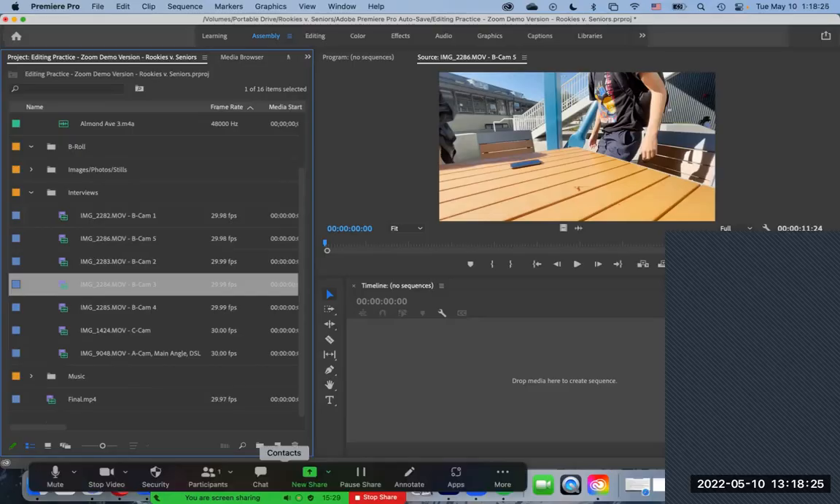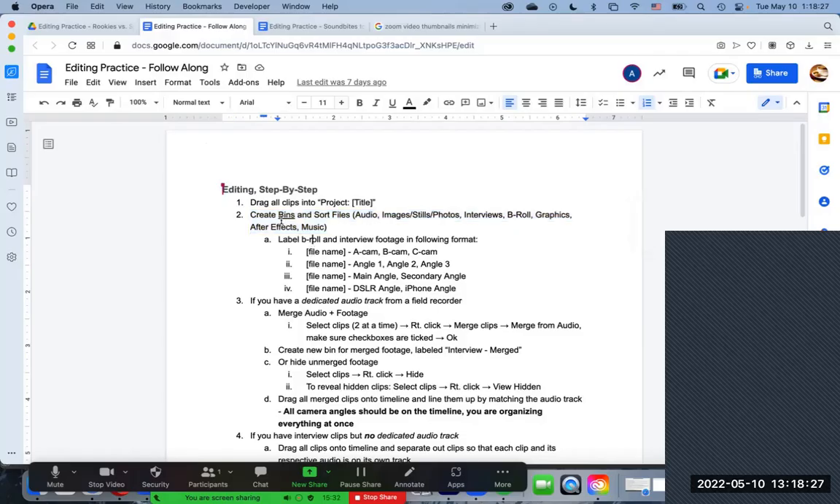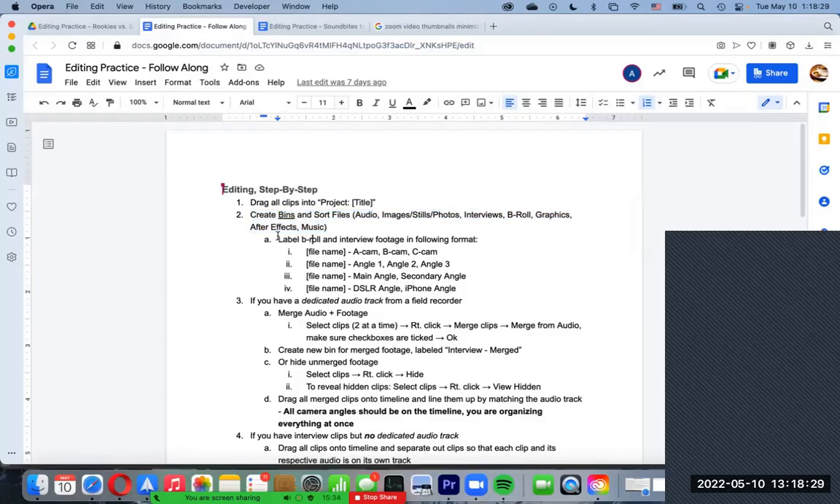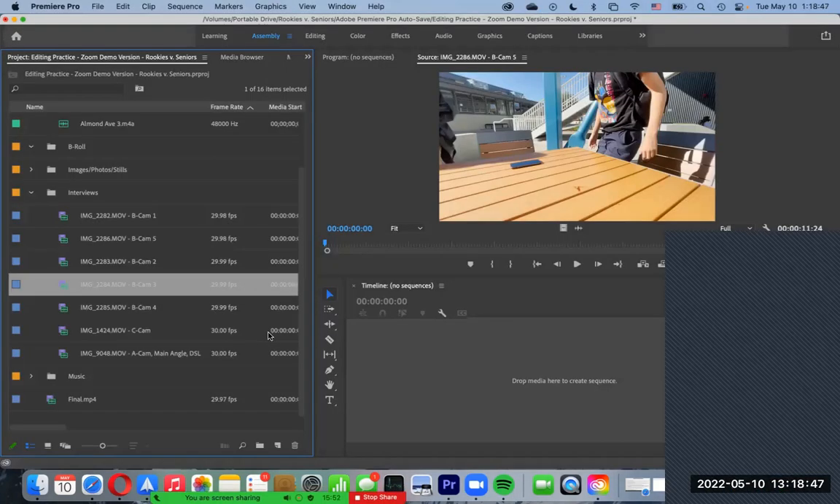So we've done pretty much everything here in creating bins and sorting stuff. Right, we've labeled our B-roll and interview in the following format. A-cam, B-cam, C-cam style, I like. You could do angle 1, main angle, secondary angle, DSLR, etc. And what we're going to start doing now is we're going to start merging our audio with the audio for the interview and the